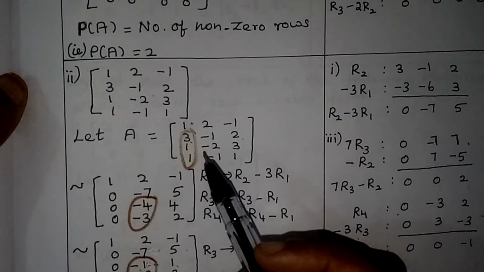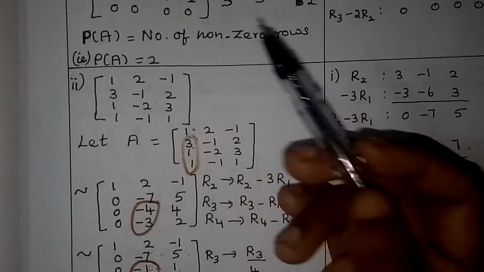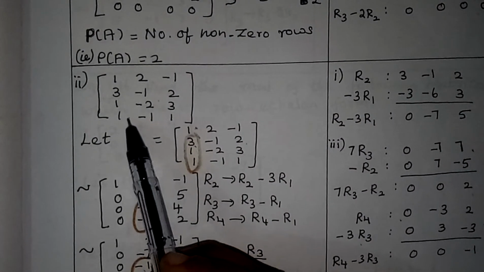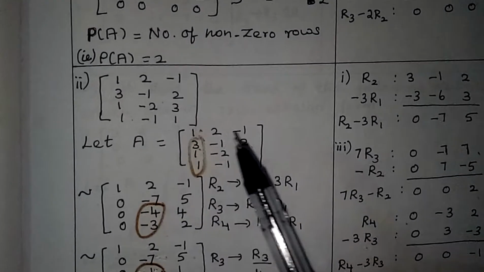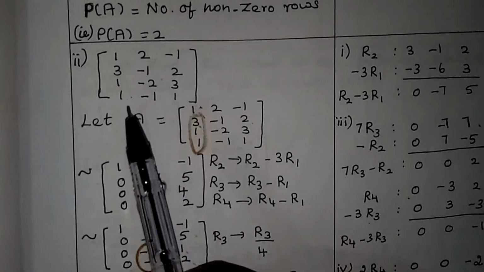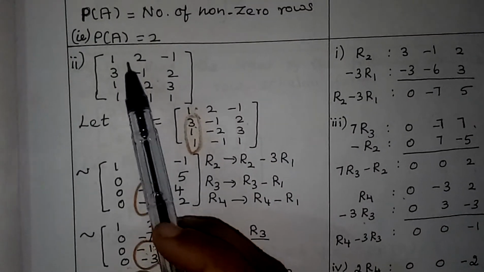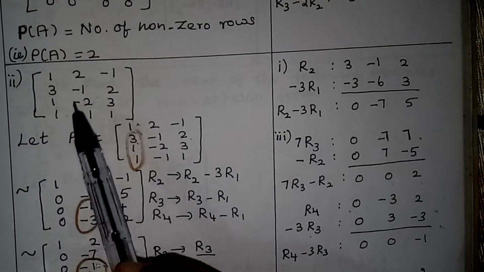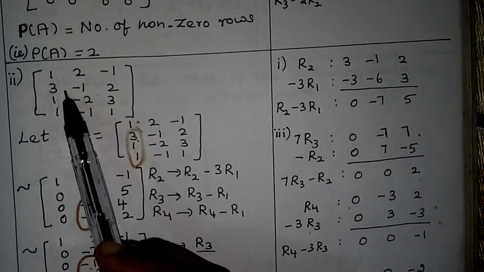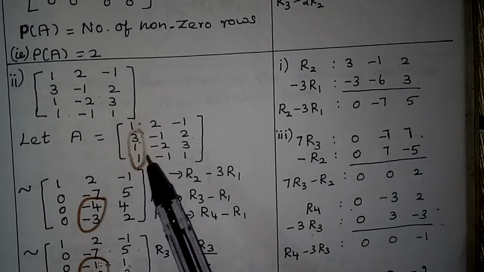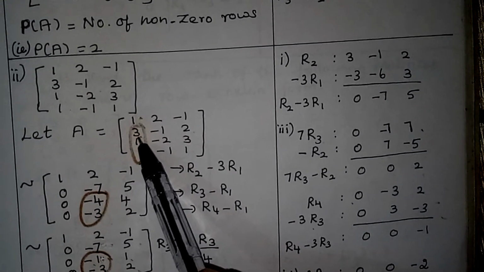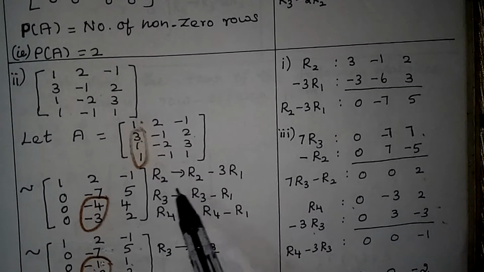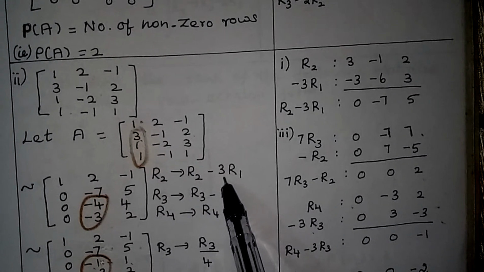Now the second one. If you understand one sum, other sums you can do. So one matrix is given, you have to find the rank of this using row echelon form. So first, the first non-zero element is 1. What are the terms we have below that? You have to make them 0, isn't it? So these 3 terms I have to make 0. So I am going to take this 3. 3 minus 3 is 0, isn't it? So R2 I am going to change as R2 minus 3 times R1.